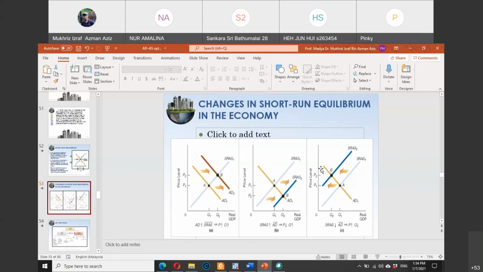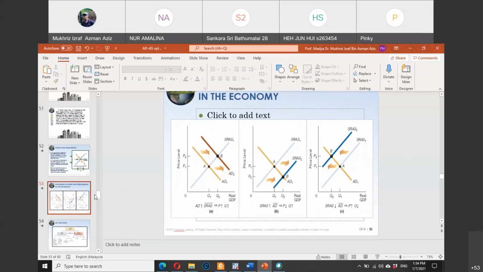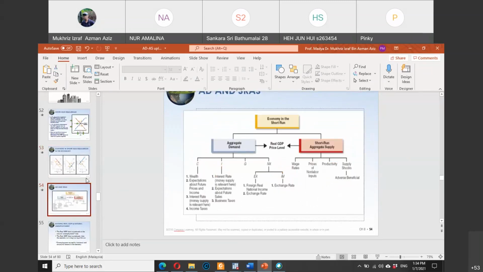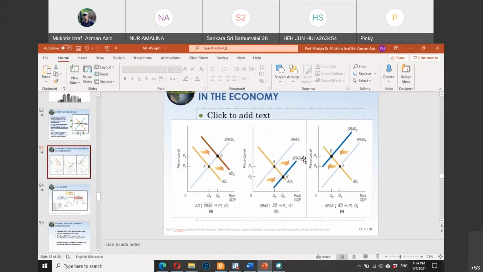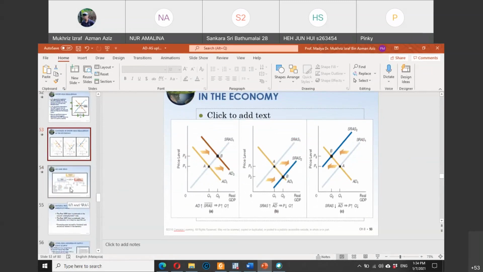Again, we are not going to go into detail because I think this is quite similar to what you learned before. If the aggregate demand curve shifts to the right, the country will experience higher prices and also higher GDP. But if the short run supply curve shifts to the right, prices will go down, but the quantity of GDP will increase. Remember the y-axis is always real GDP, not nominal GDP. So we are only looking at the equilibrium in terms of real GDP. So this is only in the short run. The short run supply curve can shift to the right or shift to the left.